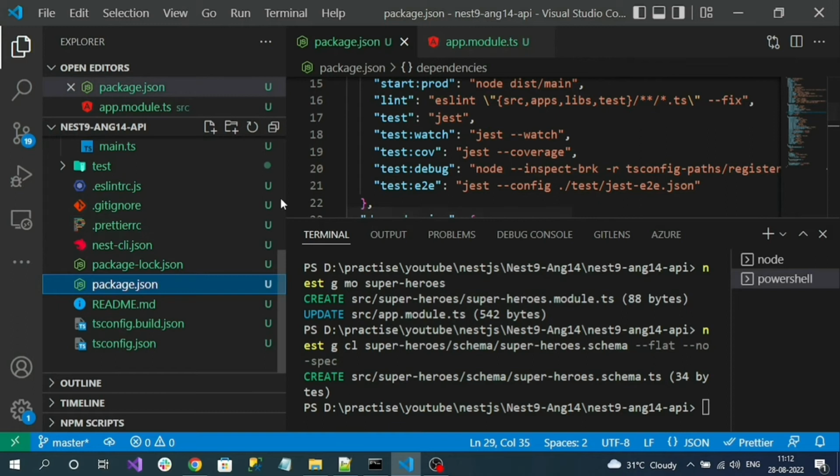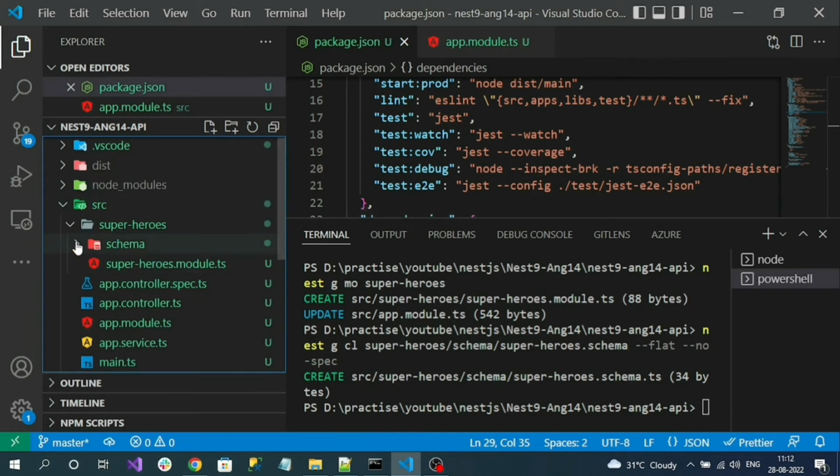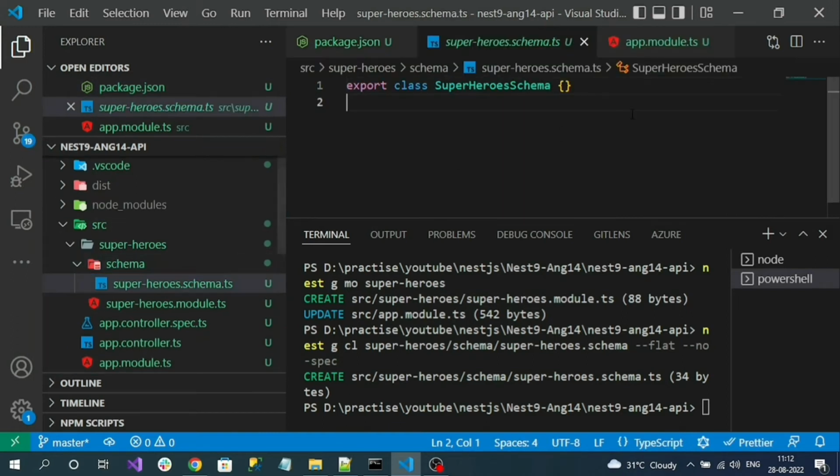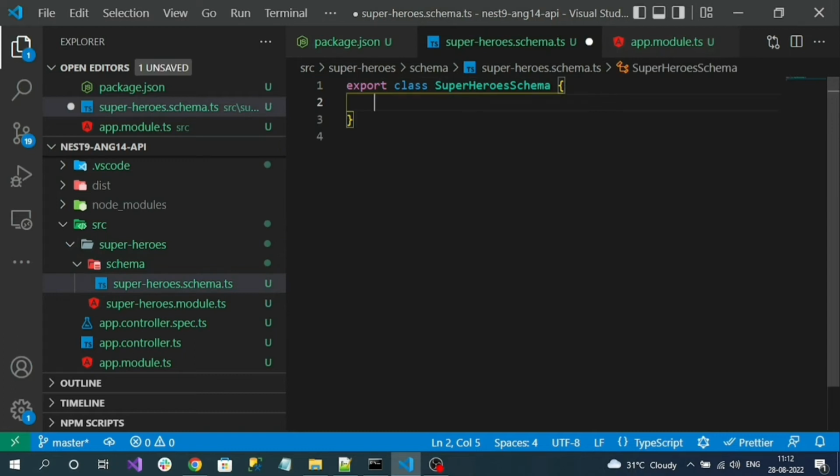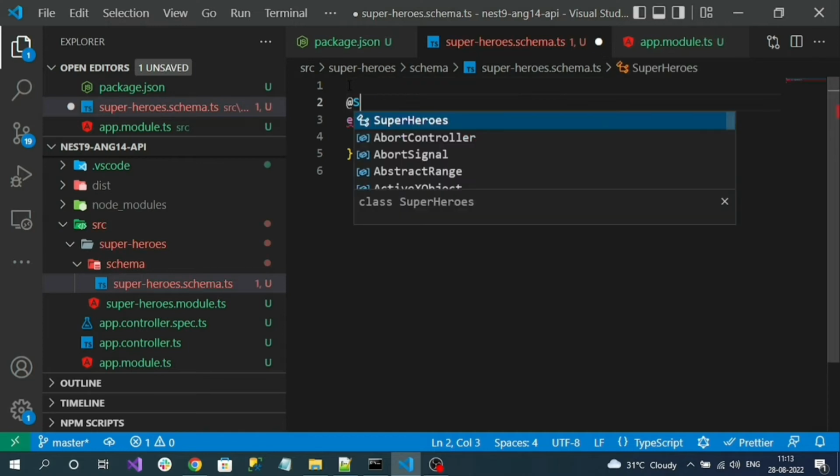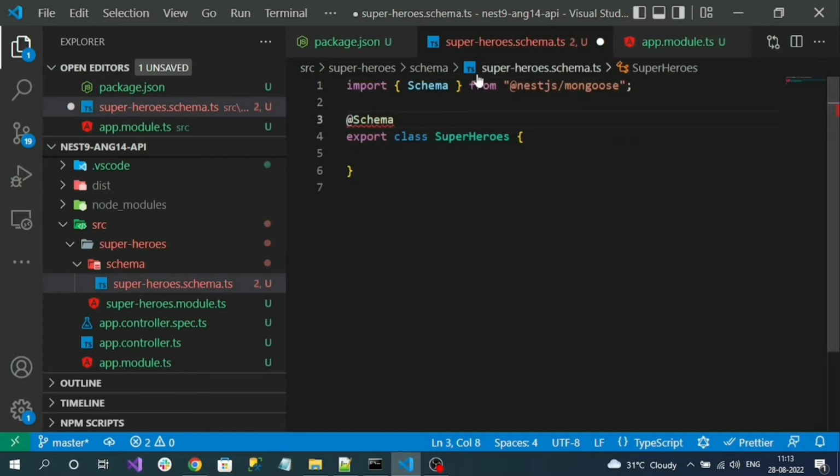We can go to the file. The schema folder is created and the superhero schema class is created. And just rename this class to Superheroes. This class must be mapped to our MongoDB collection. For that I need to decorate it with the Schema decorator that loads from @nestjs/mongoose. And here